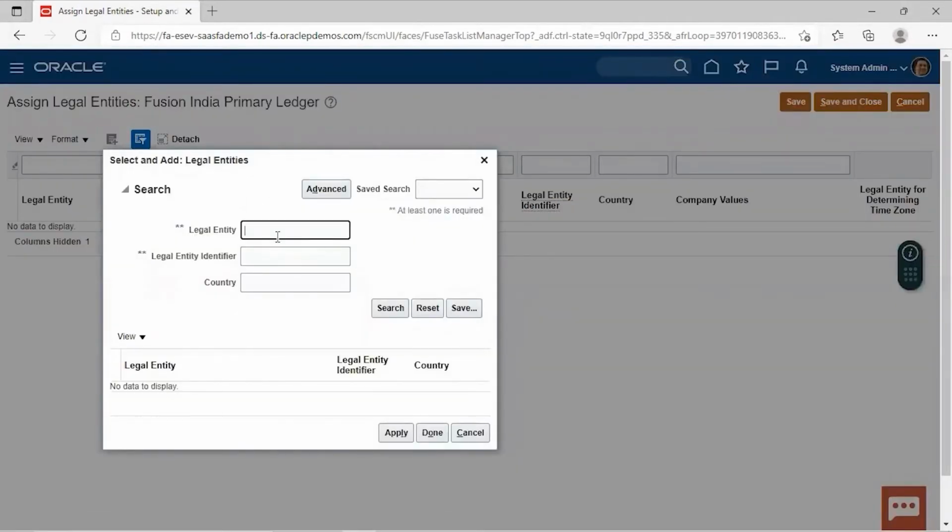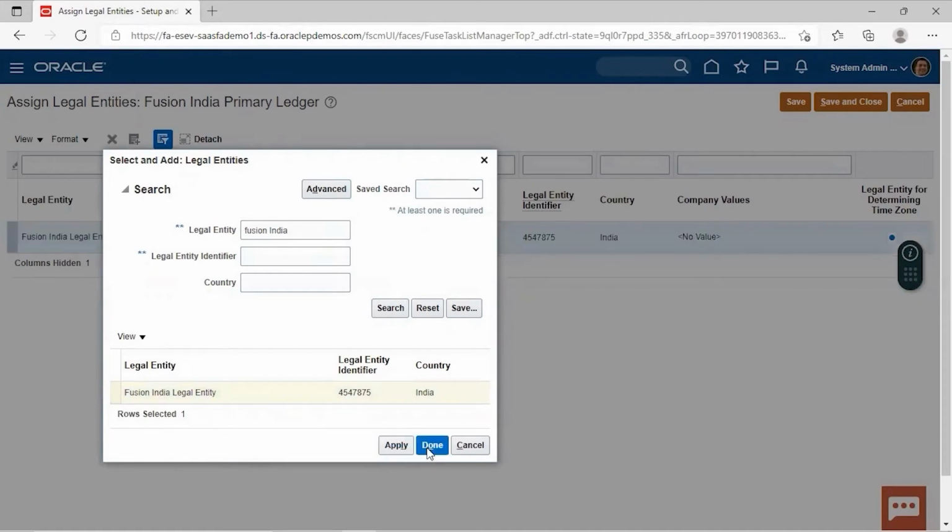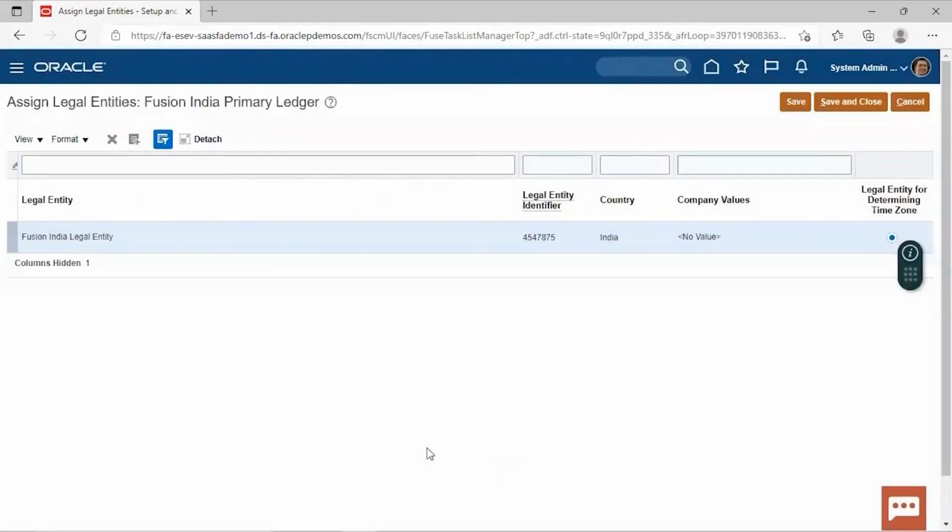We'll search for our legal entity, which was Fusion India. We have to select it and click on Apply, and then click on Done. This way we have assigned the legal entity to the Fusion India primary ledger. We'll click on the Save and Close option.